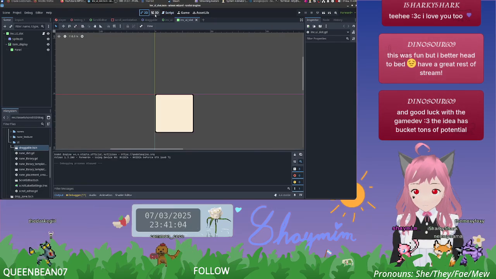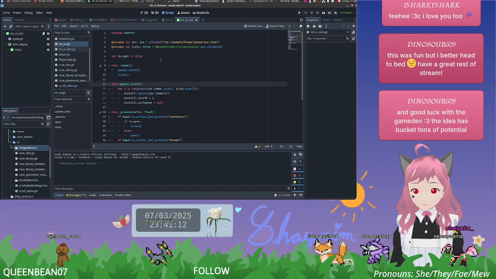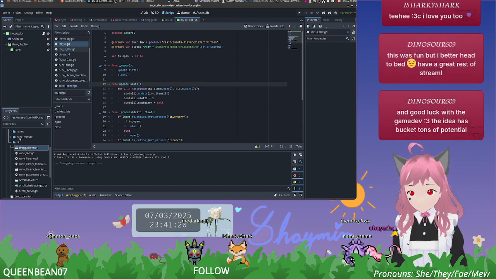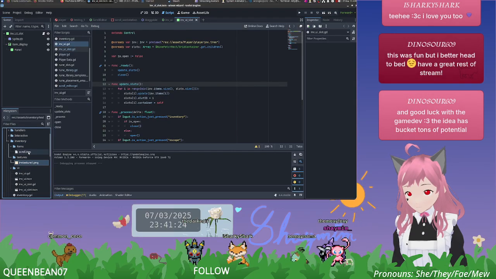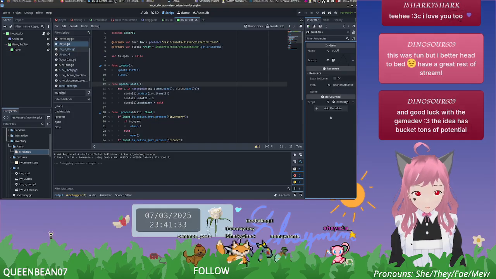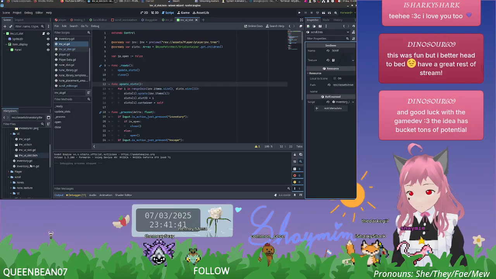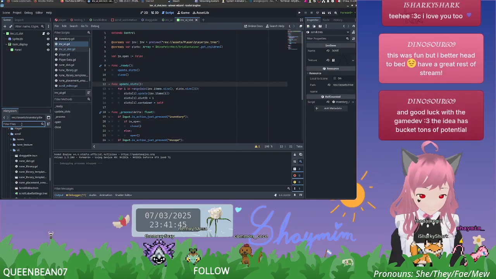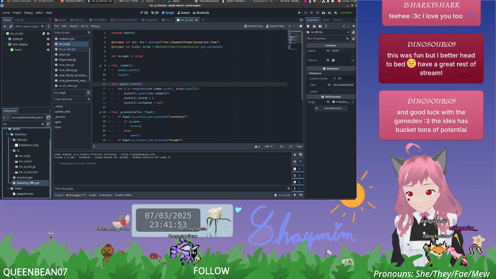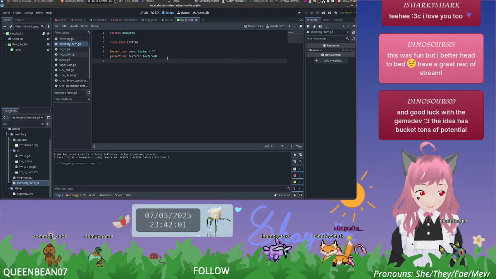So, let's see. Each one has this. What I need is... all that is fine. But where is my inventory object? Scroll up. Here is a resource, right? Is an inventory item resource. Is that a scene? It's been a little while. Inventory item.tres. Yes, okay. In that case,